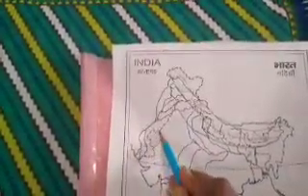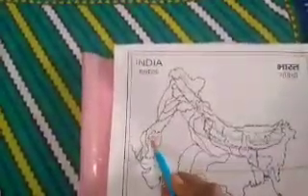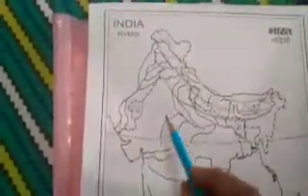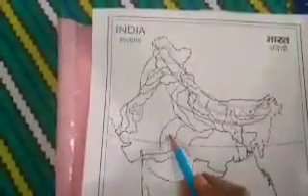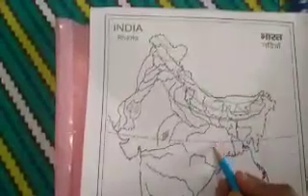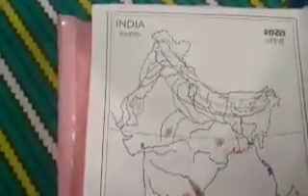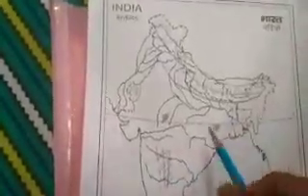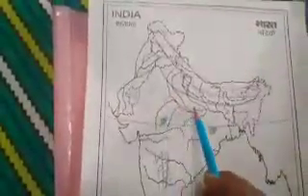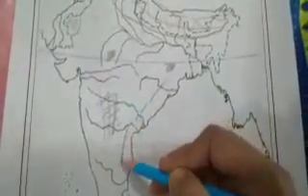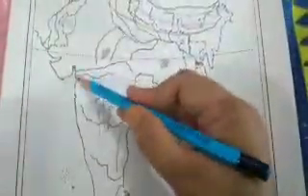Here we have Thar Desert, the Great Indian Desert. Then here we have Malwa Plateau. Then here we have Chota Nagpur Plateau. This is Deccan Plateau. And now this is your northern plain. This is your Eastern Ghat, which is broken and broader than Western Ghat. And here you have